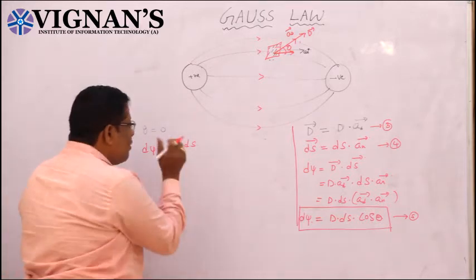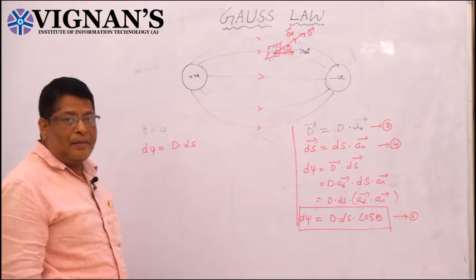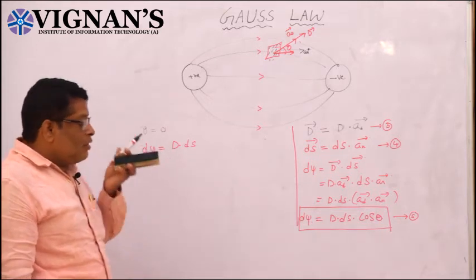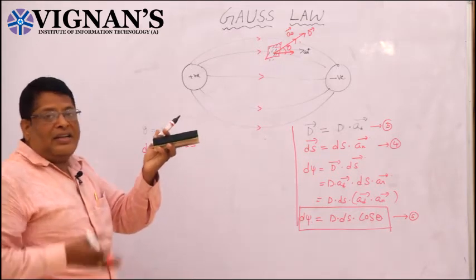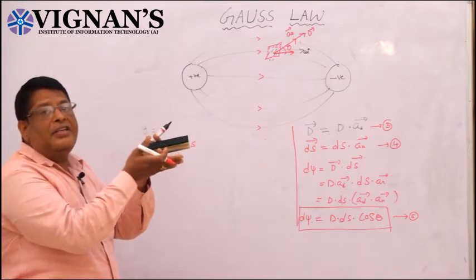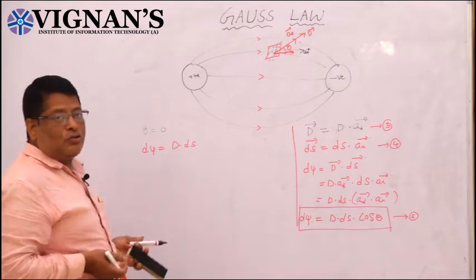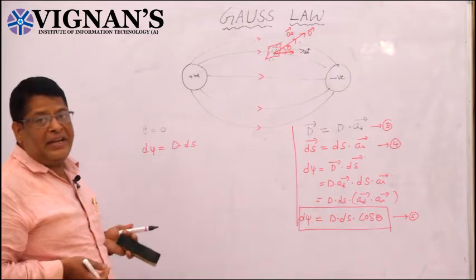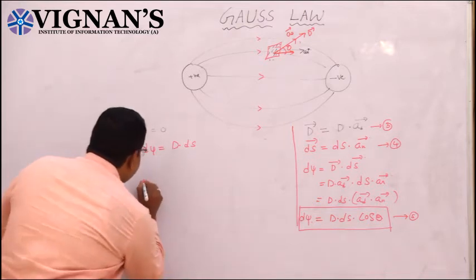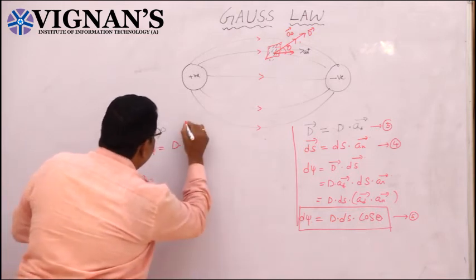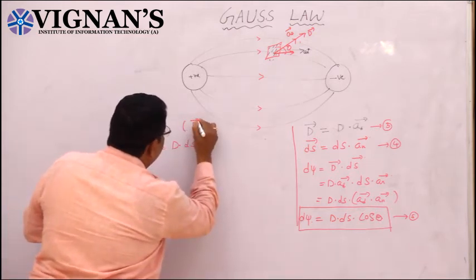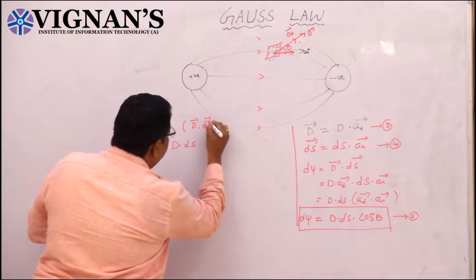It is simply the product. That is, the flux density and the direction of the surface area are parallel. Now suppose theta is 90 degrees. Theta is 90 degrees means here D bar and dS bar are